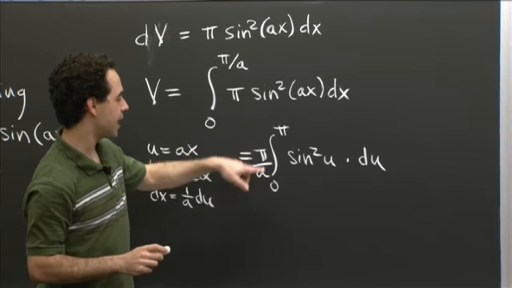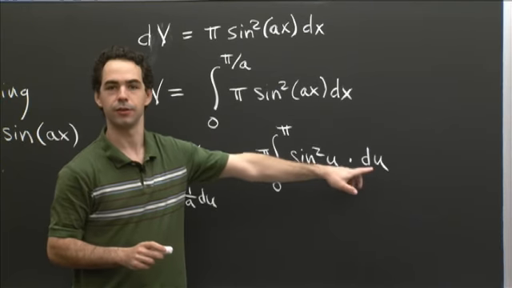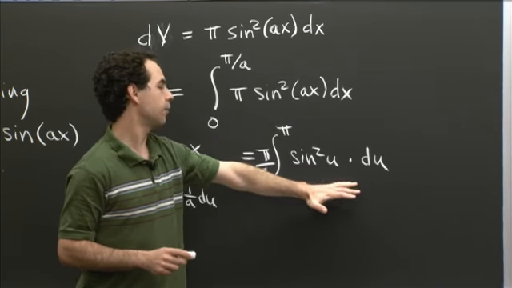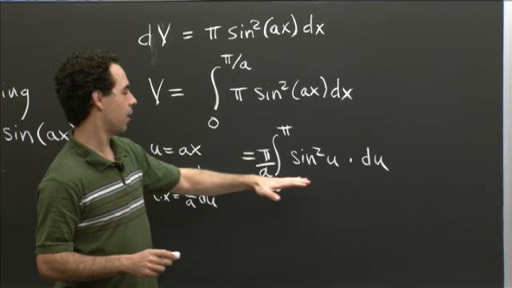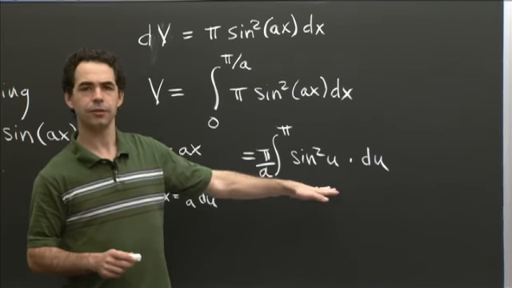So it's pi over a times the integral from 0 to pi of sine squared u du. OK, so now we've just simplified it to the situation where we've just got a trig integral, no other complications at all. How do we do this one? Well, OK, so this is